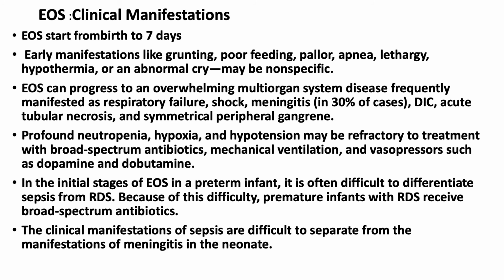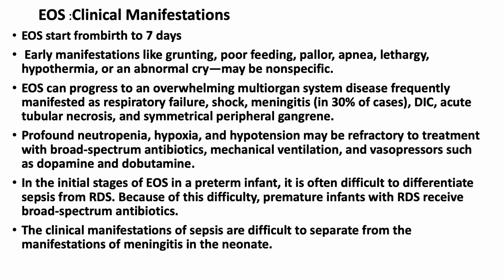Now, what is the clinical presentation? Early onset sepsis is an overwhelming multi-organ system disease. These are late signs: respiratory failure, shock, meningitis in 30%, disseminated intravascular coagulation, acute tubular necrosis, and symmetrical peripheral gangrene. But usually they present early with grunting, poor feeding, pallor, apnea, lethargy, hypothermia, or abnormal cry, and